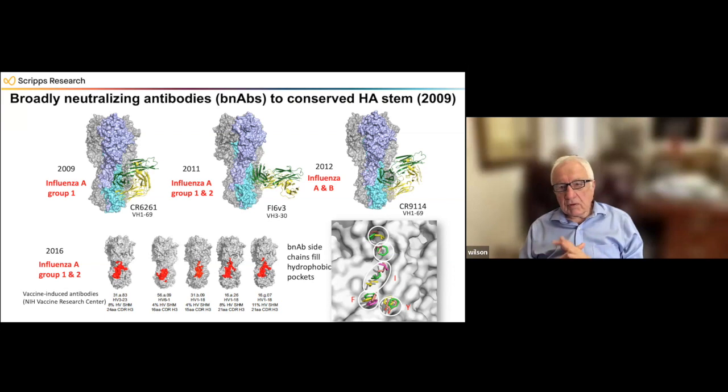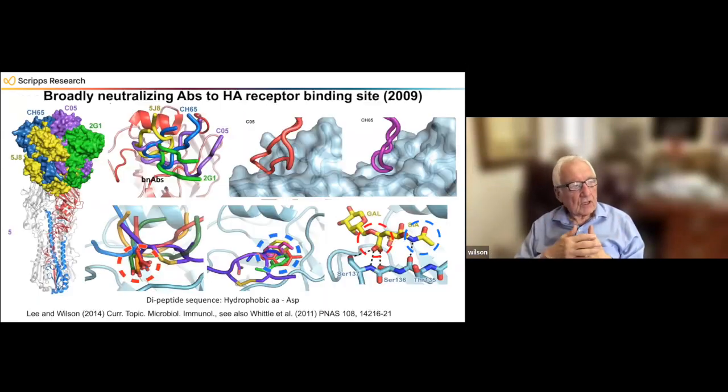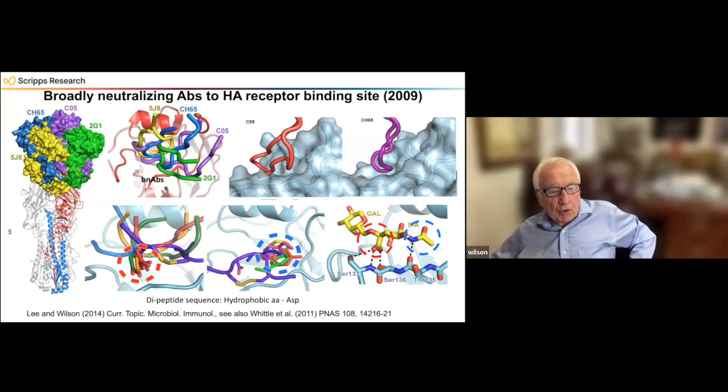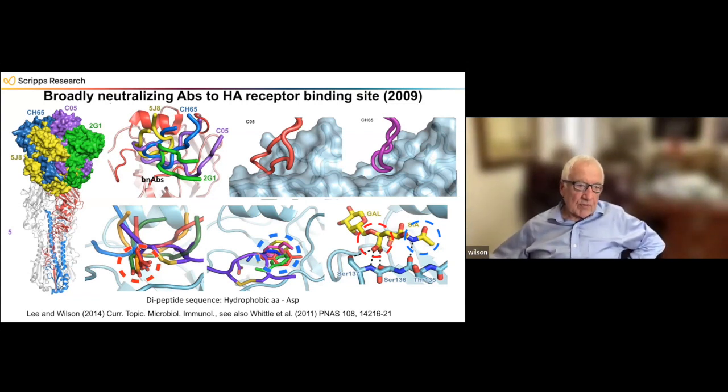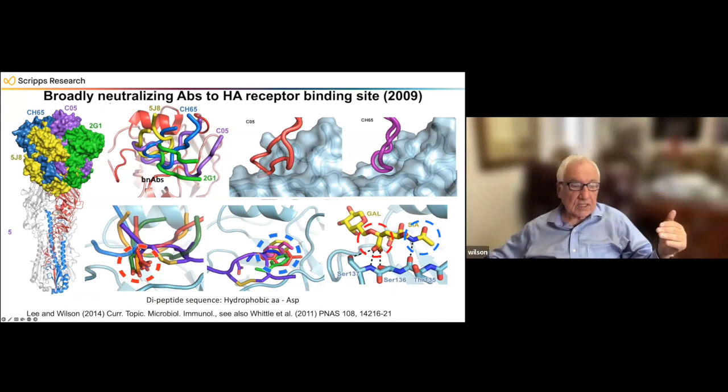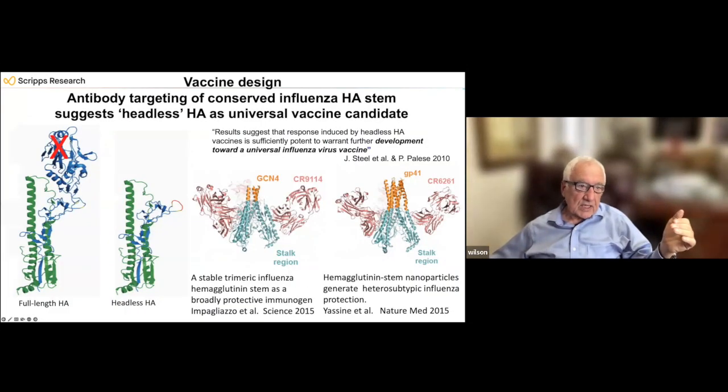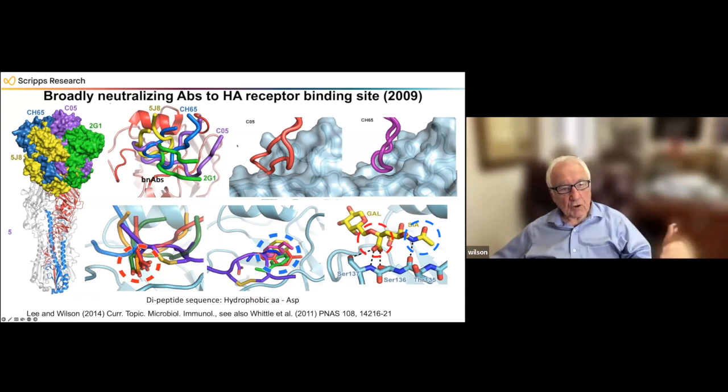Well, was there any hope of a low breadth against the head? The answer to that was yes, because blocking receptor binding makes the antibodies much more potent. A number of antibodies were found that had some breadth, not as broad as the ones to the stem, but they had some breadth against particular subtypes. We can see there's a number of antibodies bound here. Obviously, they can't all bind at the same time. But what they did is that they put one of their 6 binding loops and inserted it into the receptor binding site. Here's a couple of different antibodies showing that.